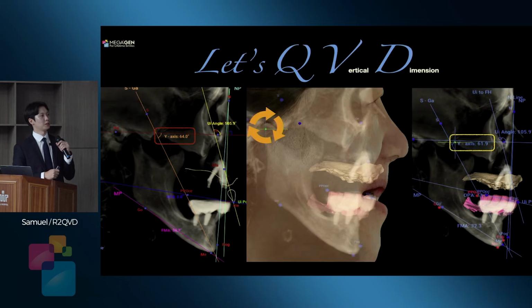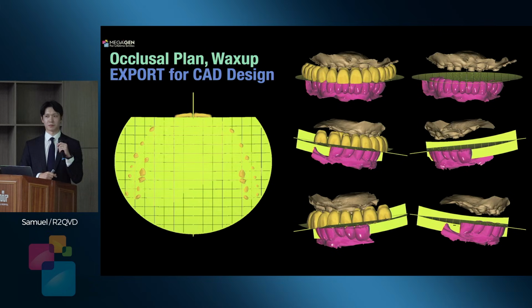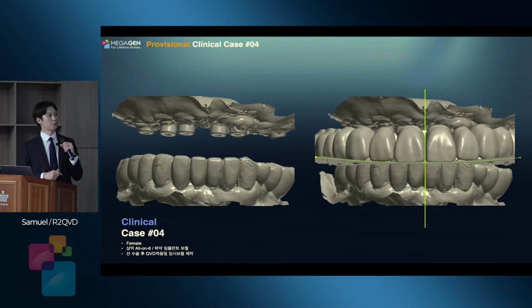And let's do QVD. Based on the hinge axis, I can make adjustments with the y-axis, something like that. Then occlusal plate and diagnostic wax-up, and all data is sent to our R&D guy, the lab technician, and it's very simple. He already knows where the midline is, where the Spee and Wilson curves are, everything. He just changes the crown position, draws the crown position, and makes the detail, then makes it like this,